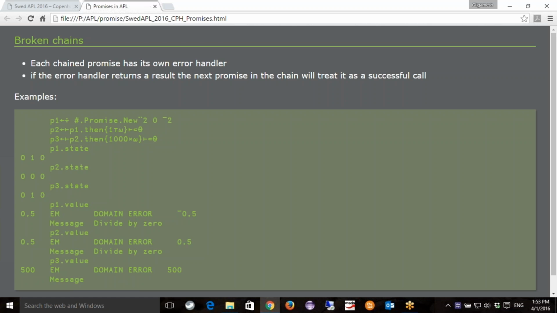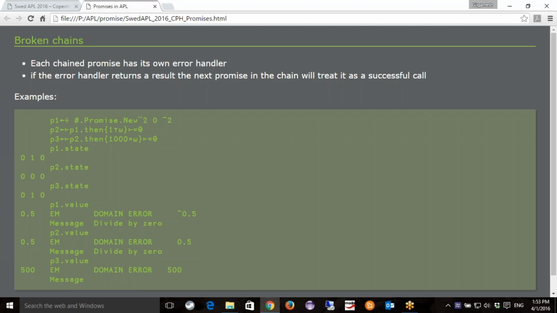And yes, you could write this using promise.new. It's the same thing. Yeah. It's just a shorter symbol for it. But this would work, yes. You could chain them in that fashion if you repeatedly called the future operator. But no, I don't know exactly what I would expect it to do if it broke down in a chain like that. I'm not sure if there is a...